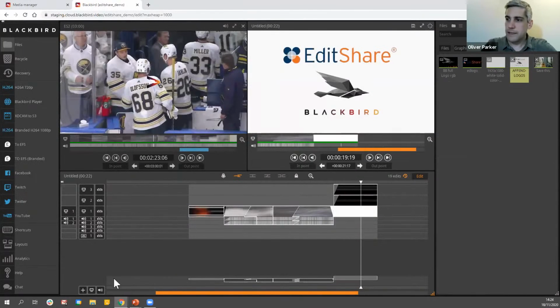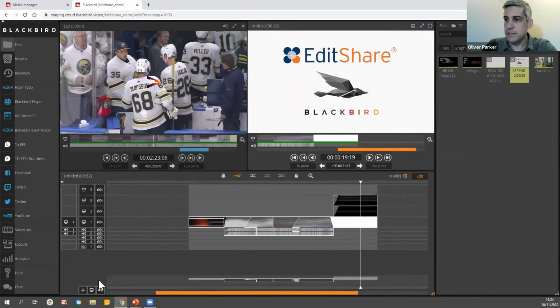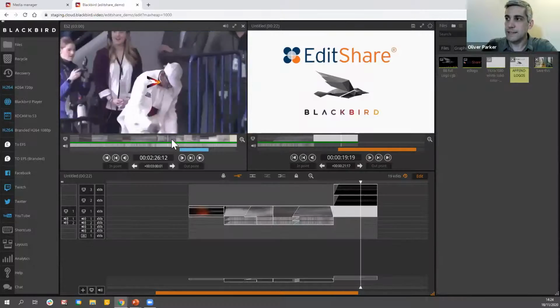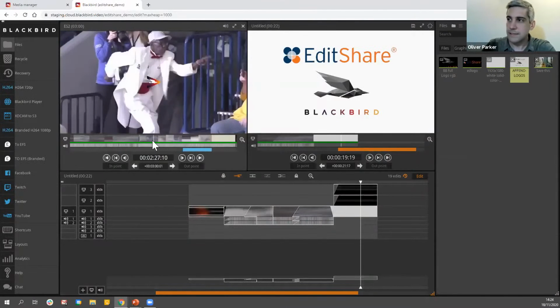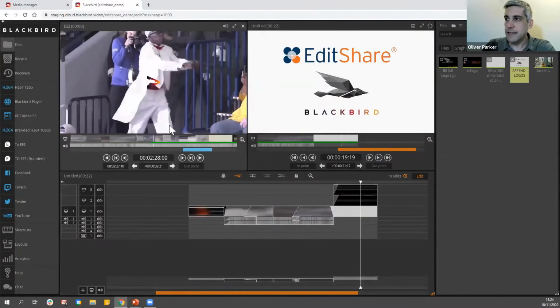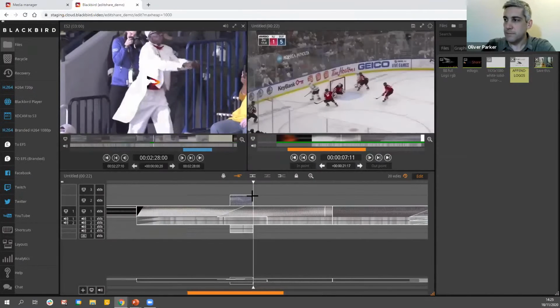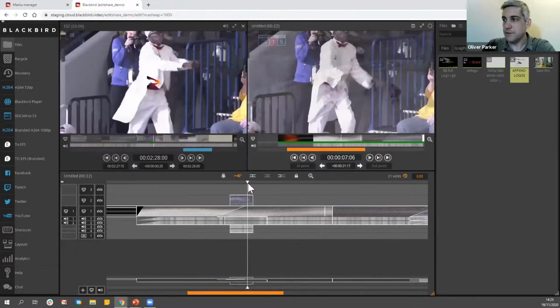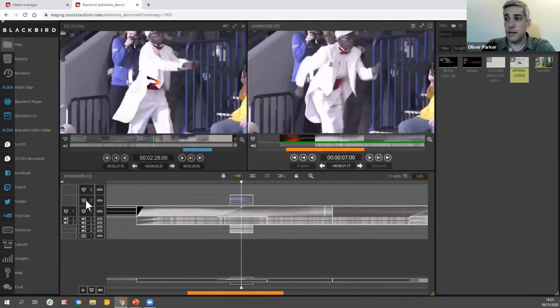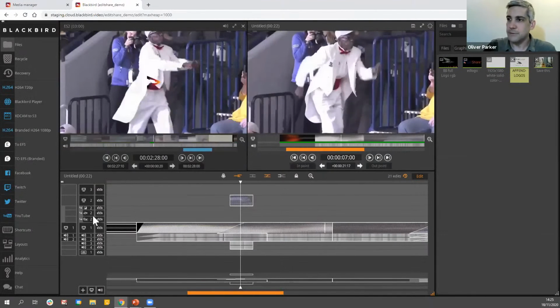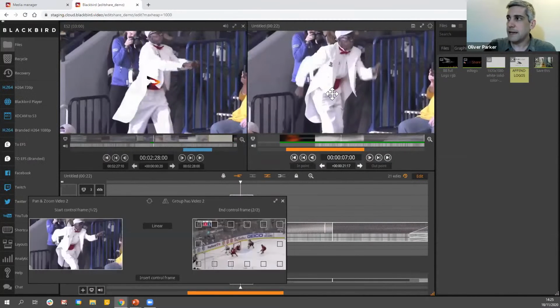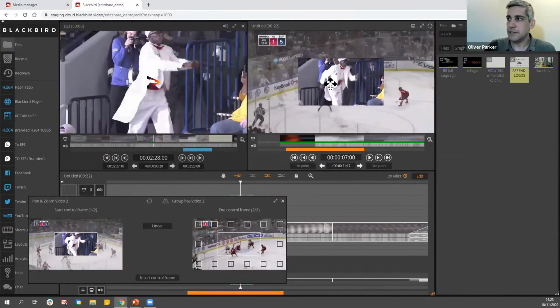Okay, so I'm starting to create a little bit more complex content. We can keep going further than that. Blackbird supports up to 12 video tracks and 32 audio tracks. And as we've seen with the logos there, any one of these supports transparency and manipulation. So I can bring in some other video assets here. I can start to do transparency-based fades through. I can also add effect layers as well. Every piece of media has full scale and position control.